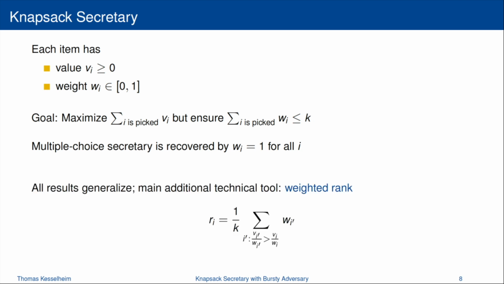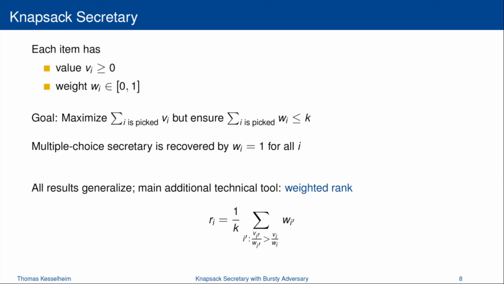As a matter of fact, everything that I talked about in this talk generalizes to this setting. So the algorithm generalizes, you only have to include the weights in the LP and also in the other constraints, and then you're fine. And also the analysis generalizes. But there is one more thing that you have to take care of, namely, what does it mean for an item to be good or to be bad? And we do this as follows. We consider what we call the weighted rank of an item. Let me explain quickly what this means.